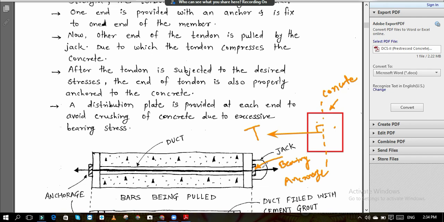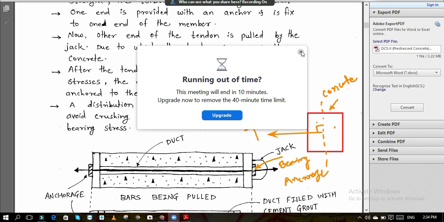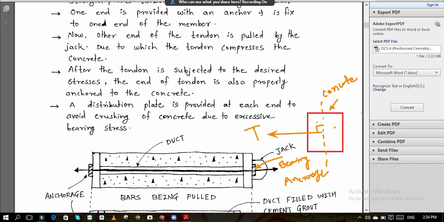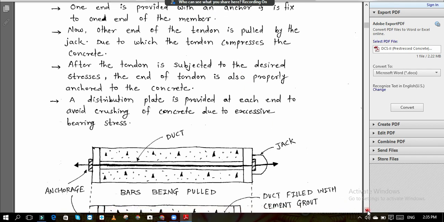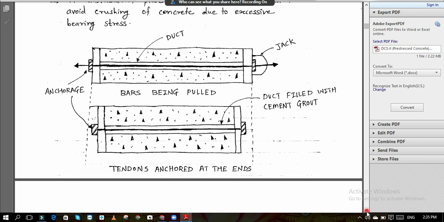That is provided here in post tensioning. In pre tensioning also it should be provided, but sometimes it is not provided in pre-tensioning as it is not required, but in post-tensioning it is provided. Okay, so I hope now you understood what is the anchor plate and why it is provided. So again the same thing is there, in this way the pre-stressing force is getting developed in this post-tension member. So this is the diagram, if you want you can take the screenshot of this.